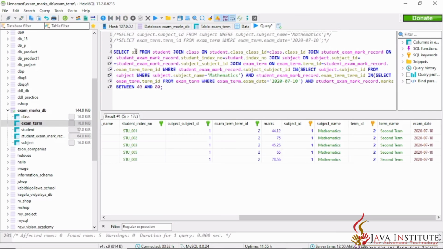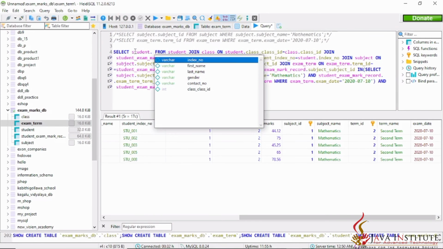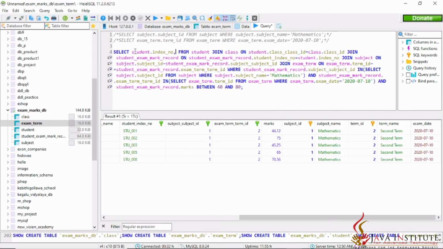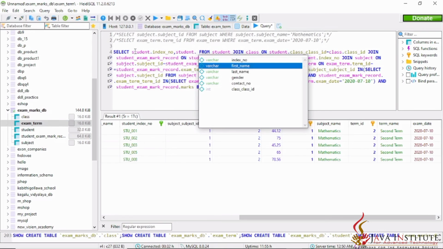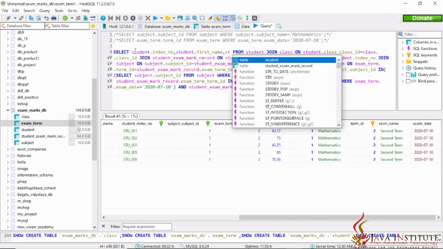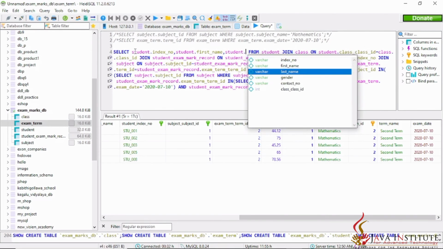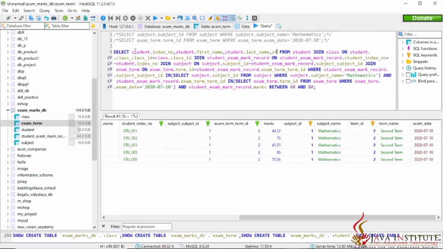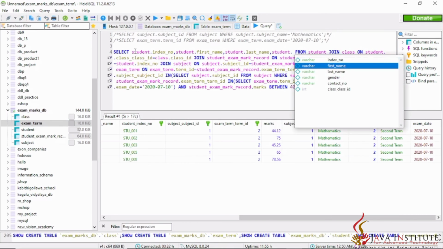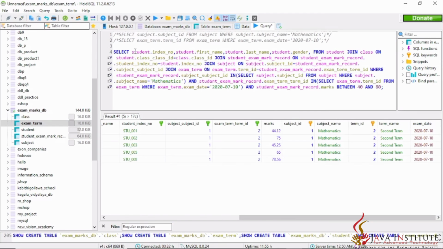So I'm going to give it as student table's index number, then the first name of the student and also the last name of the student, and then also the gender of the student. Finally, the contact number of the student,